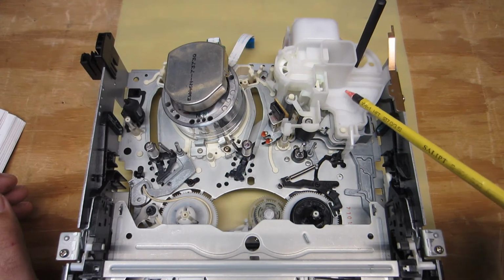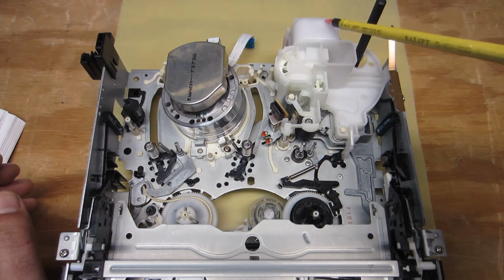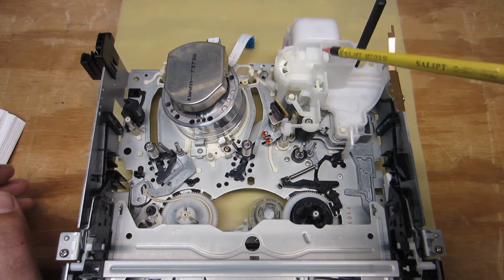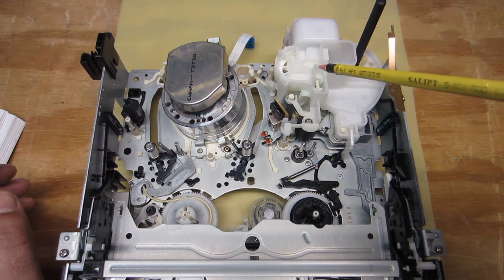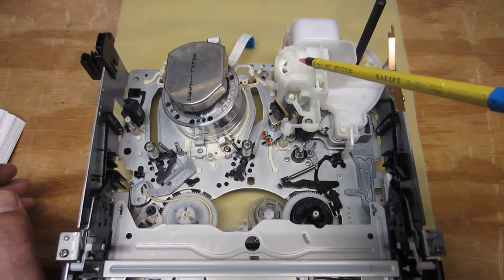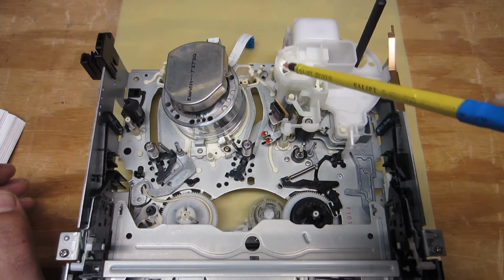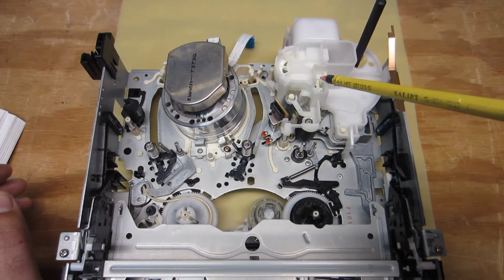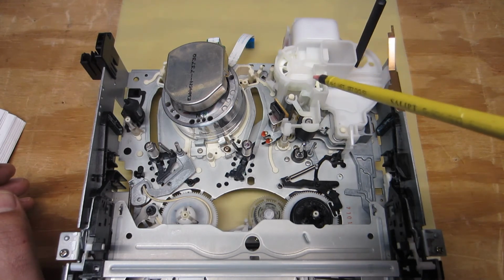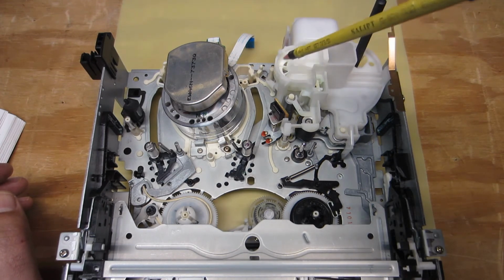Once I got everything back together within this housing, there's only this loading drive motor which sits underneath here. It has a worm drive gear that extends outward this way from it, and off to the side over here is that cam drive gear that I also pointed out earlier, which meshes up with the teeth of the worm gear. So the outer teeth, there's only outer teeth on this cam drive gear, mesh up with this worm drive gear. So when this motor fires up and starts rotating, and the worm drive in turn is rotating, that of course rotates the cam drive gear, which in turn